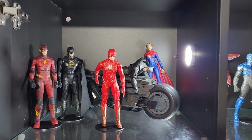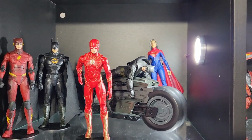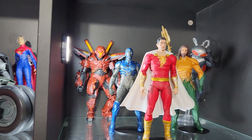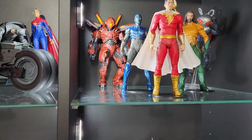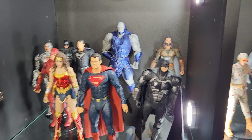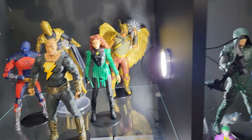Alright, now it's DC Comics' turn, starting with DC McFarlane's Flash movie figures, such as the two Flashes, both Ben and Michael's Batman, and Supergirl. Here is some random DC film characters like Blue Beetle with his villain, Shazam, Aquaman, and Black Manta. Okay, so next we got Snyder's Justice League toys, while next to it is the Suicide Squad. Under the second row is, last but not least, the Black Adam film shelf,